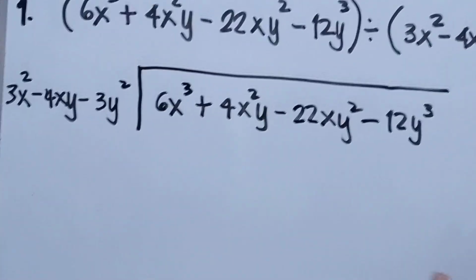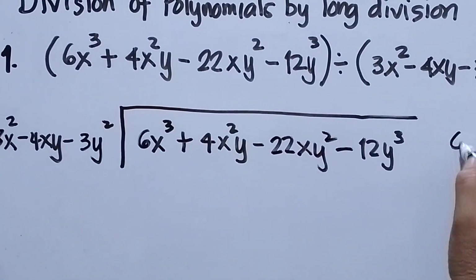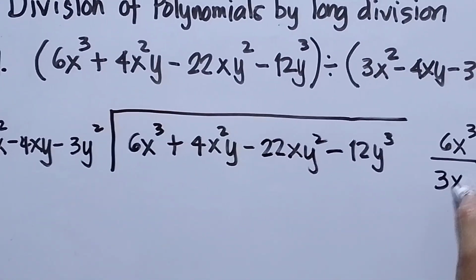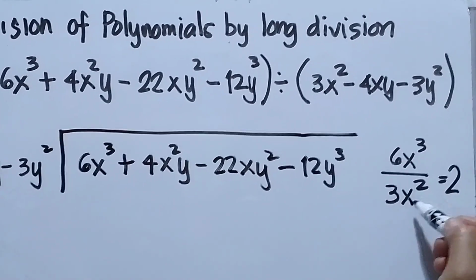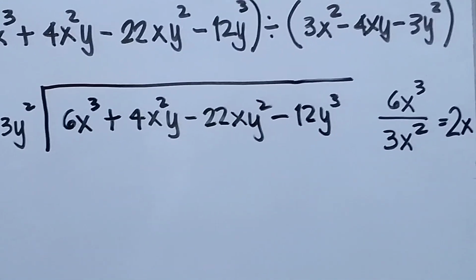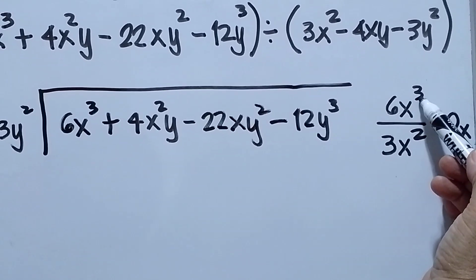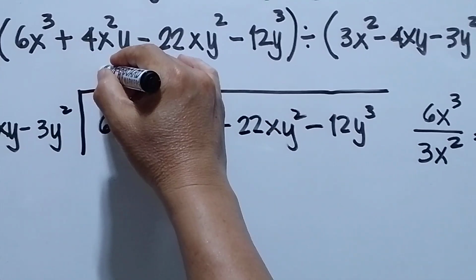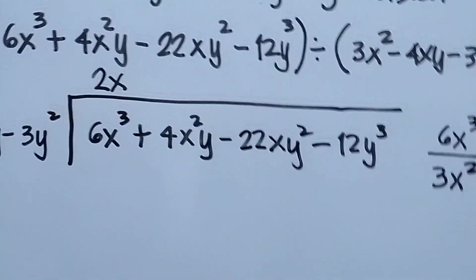Again, I need to divide the first term of the dividend by the first term of the divisor. So 6x cubed is divided by 3x squared. 6 divided by 3 is 2. Then x cubed divided by x squared will be x, because since m is greater than n, we subtract 3 minus 2, that will be x. So this will be 2x. It should be in line with 6x cubed. Next is